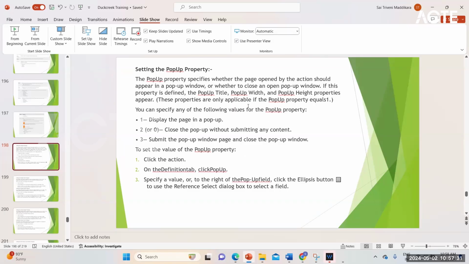Displaying a pop-up means on click of the forms button, you are displaying a form, all the forms available in the particular manuscript. That's value one. This value you need to give in the manuscript while creating it. Then, submit the pop-up window page and close the pop-up window. For example, a form pop-up as well we need to take. In the third value, submit the pop-up window page and close the pop-up window